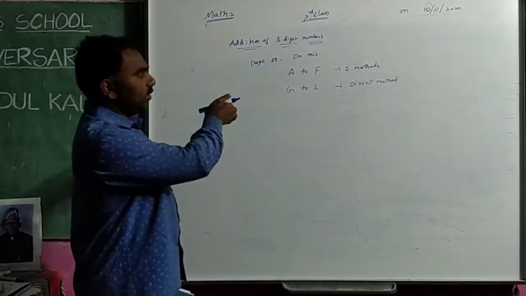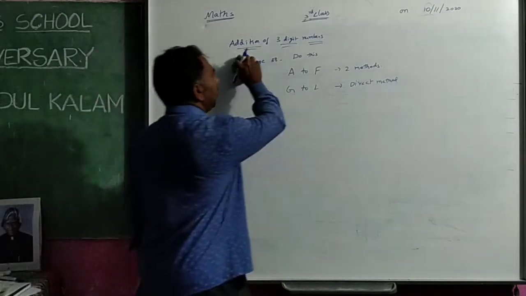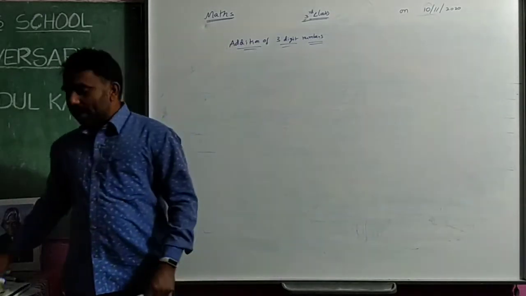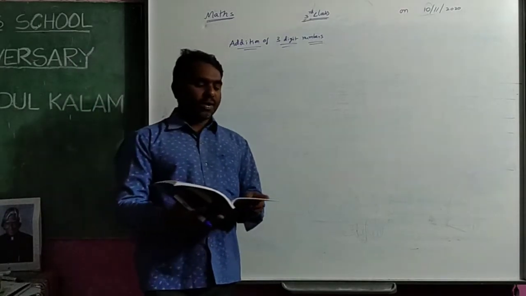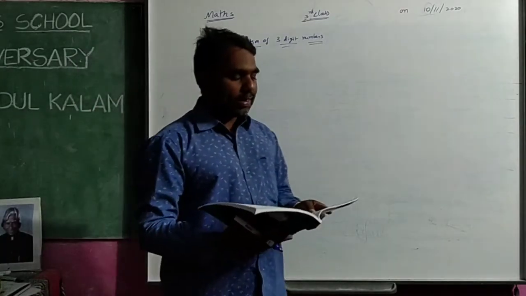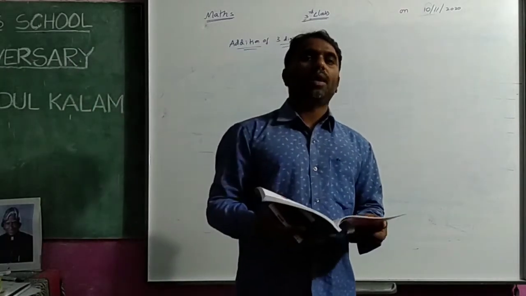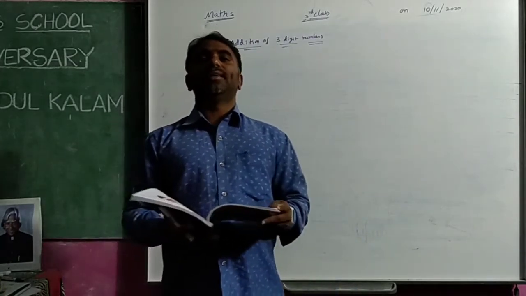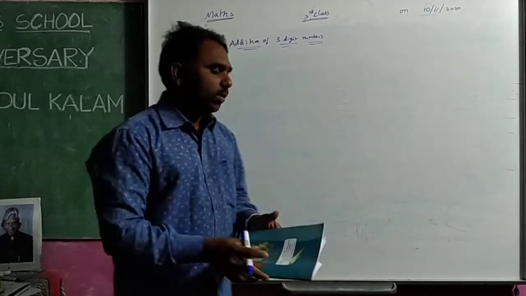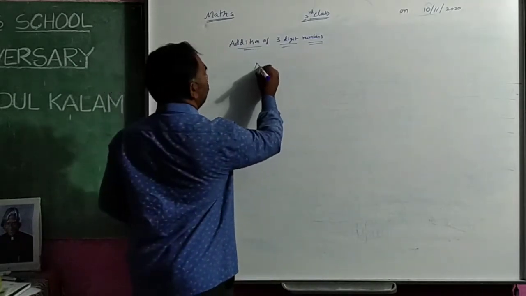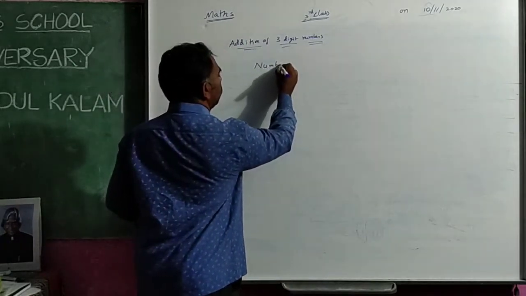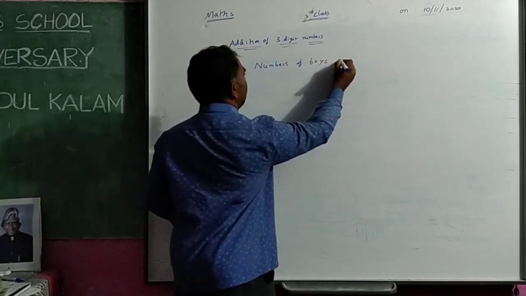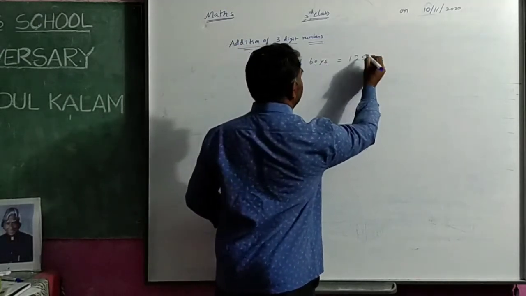I think you have written this. Write this. Then I am going to the example problems for you. There are 125 boys and 144 girls in Timmapur school. What is the total number of students in the school? So you see here, we know in Timmapur school some boys are there. That's why I have written that as number of boys 125.